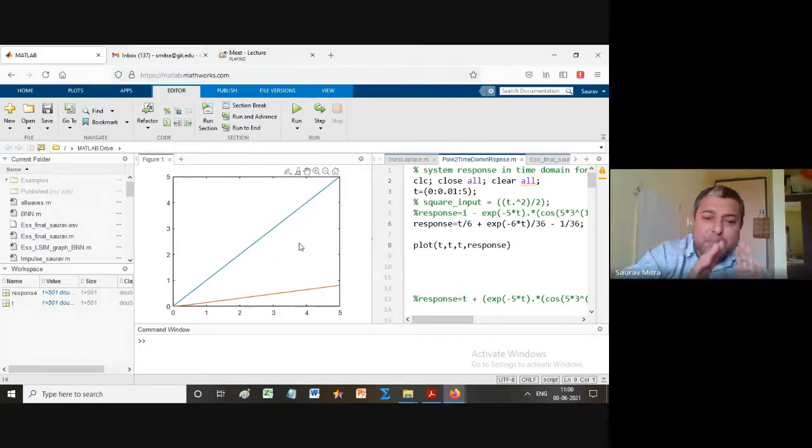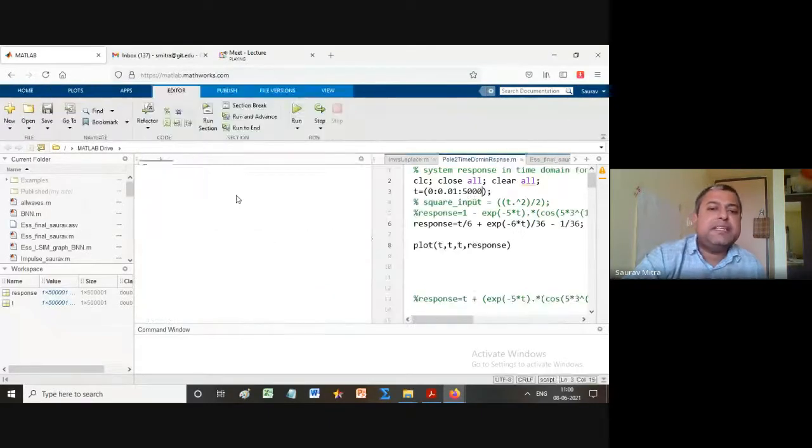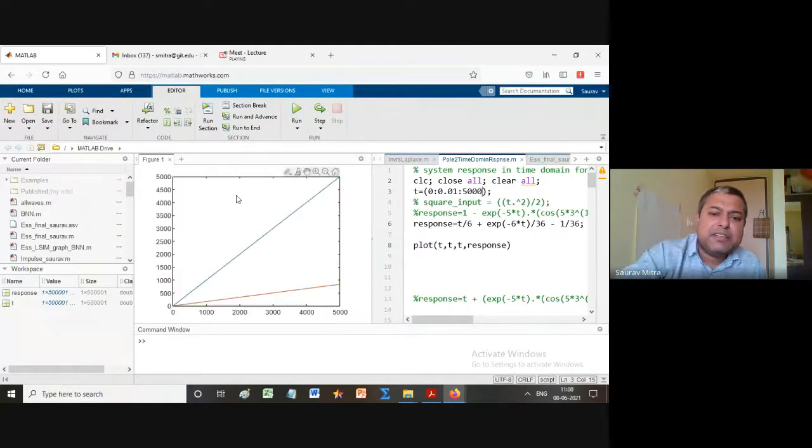See, simply do function analysis. This blue is a function, red is a function, and they are diverging. That's all. So instead of 5, if you put 5,000, what do you find? Again I'm plotting the same thing. Here you can check the x-axis is 5. Now I'm plotting for 5,000. It will take quite a lot of time. You will find that the difference is ever increasing. The gap is not getting mitigated. The gap is increasing. See how much the distance has increased.